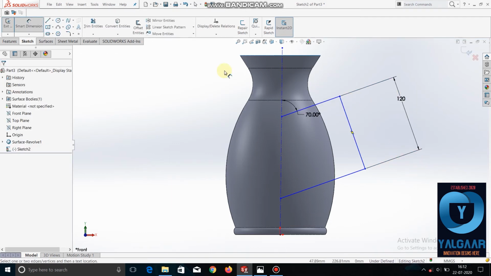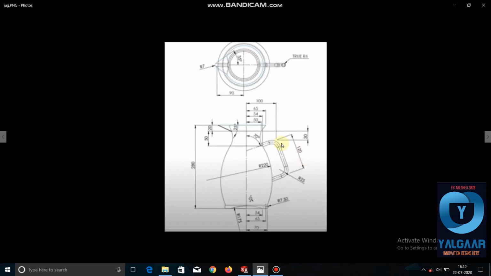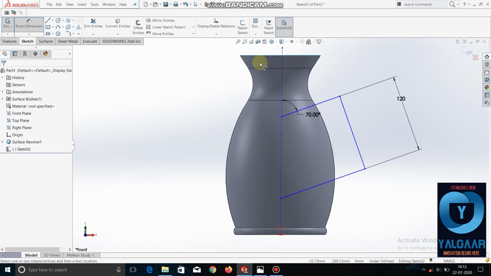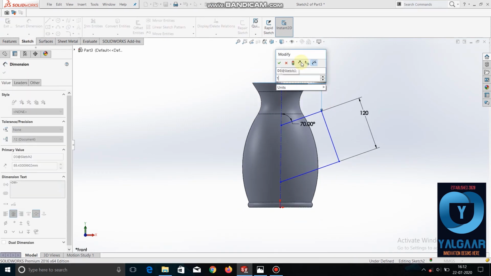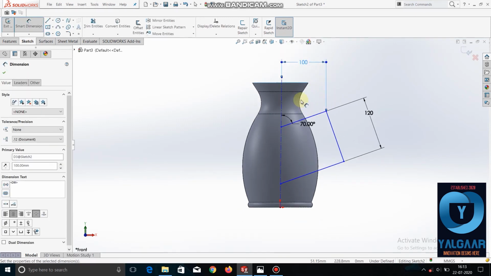Now we will see the height of this point. It's 30 mm from this, and it is 100 mm from the middle of the jug. We'll give the dimensions here. So it's 100 mm and 30 mm from this.